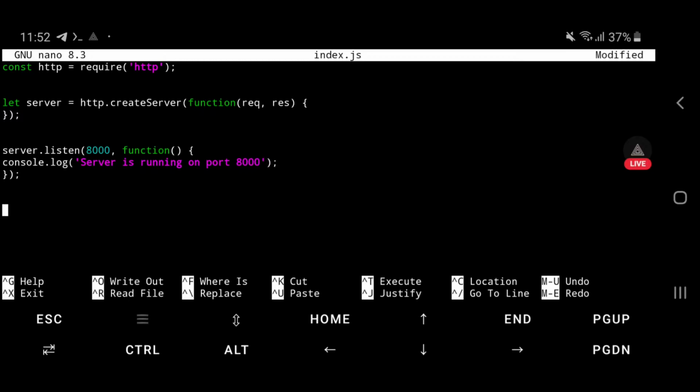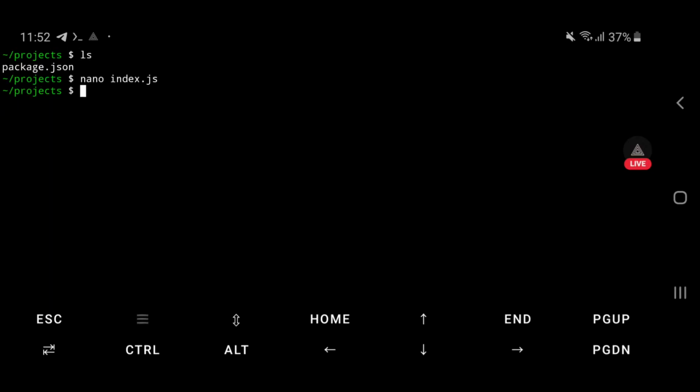I can save this file right now and execute it with node index.js. As you can see, the server is actually running on port 8000, and this is amazing. I'm doing things with just a code editor and a simple terminal called Termux, and everything is working super fine. Right now what I'm going to do is open up a real-world